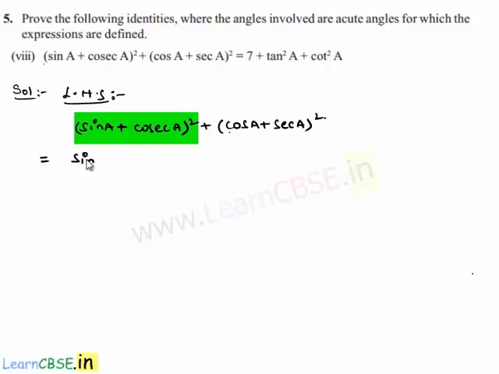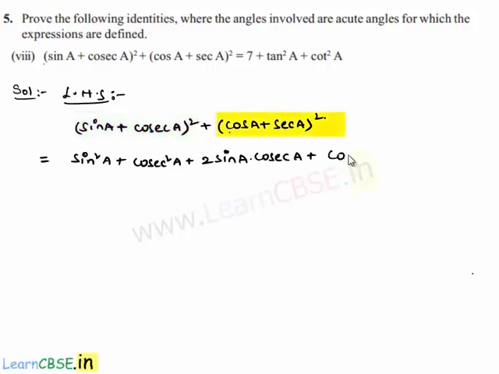here sin²A + cosec²A + 2 sin A into cosec A. Here this can be written as cos²A + sec²A + 2 times cos A into sec A. That is equal to,